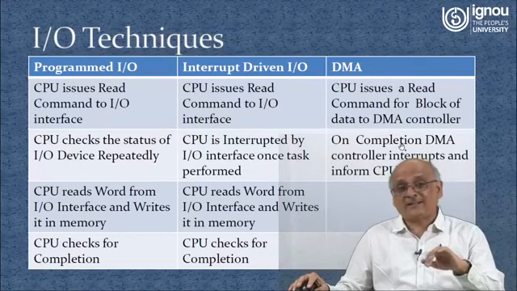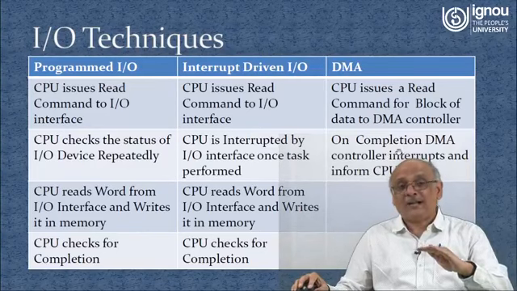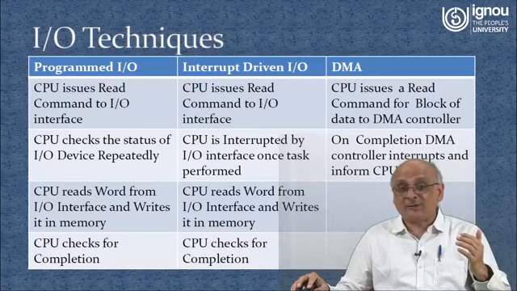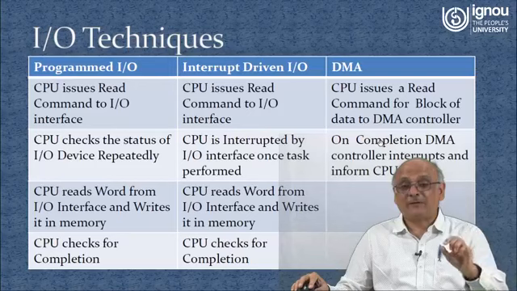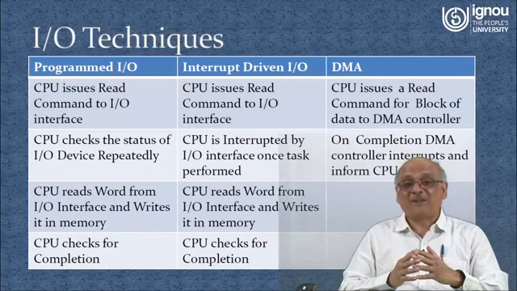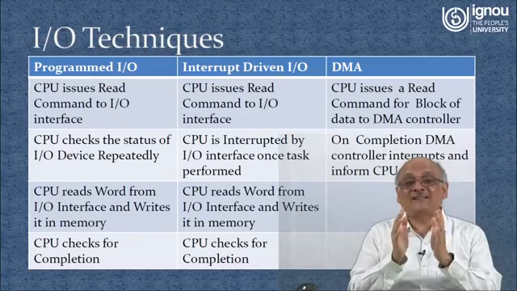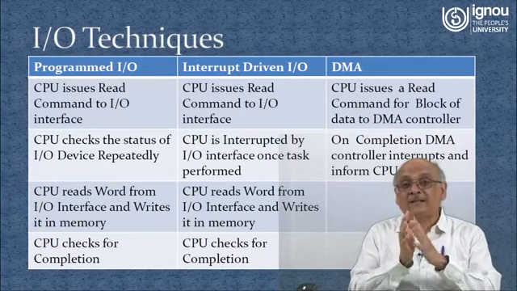Still, the registers are needed because some information is still to be passed to the CPU that this particular operation, or the instruction which you have stated, has been completed. So the status register is still going to be there, and other registers will be passing on information that these blocks have been written successfully. So this is the way direct memory access works. And this is how the overall system of a computer, basically the von Neumann architecture, works.